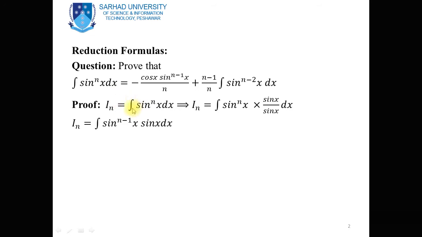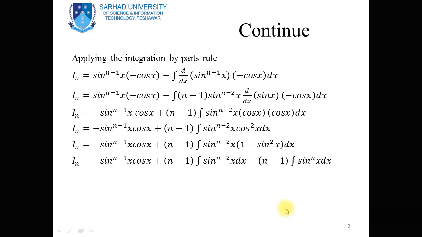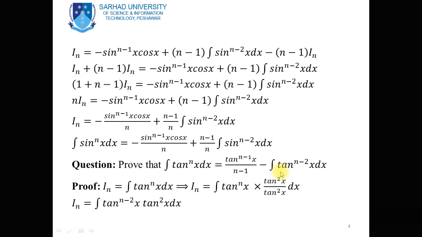So putting the integration of sin x power n with respect to x equal to I_n, in this term we put I_n. Now you see over here I_n is equal to minus sin x power n minus 1 into cos x plus n minus 1 times the integration of sin x power n minus 2 with respect to x, minus n minus 1 into I_n. Now we shift this term, minus n minus 1 into I_n, to the left hand side,